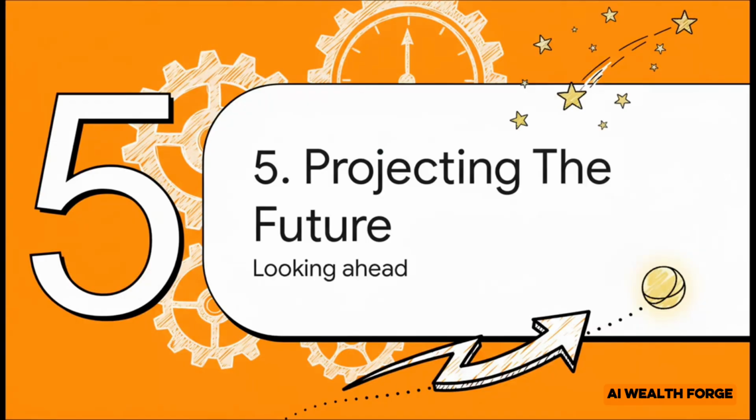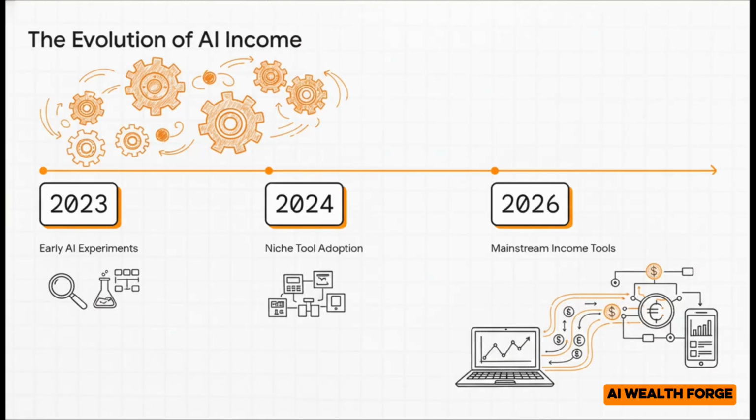And finally, let's look at maybe the most intriguing part of the whole source prompt, the year 2026. Why not just say 2024? Well, because looking further into the future creates a sense of exclusive insight. It positions the creator as a forward thinker, someone with a real vision of what's just around the corner. Placing 2026 on a timeline like this gives it context and authority. It suggests this natural, almost inevitable progression from early experiments to the niche tools people are adopting now, all the way to mainstream income tools. It just makes the entire premise of the explainer feel more significant and, well, more timely.